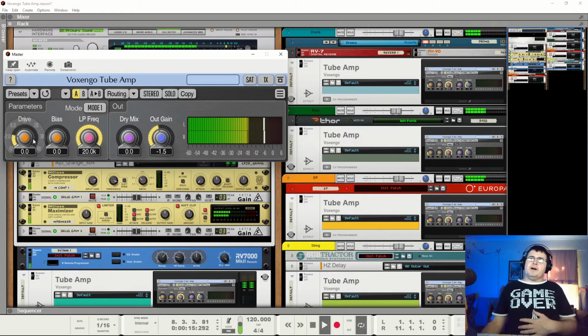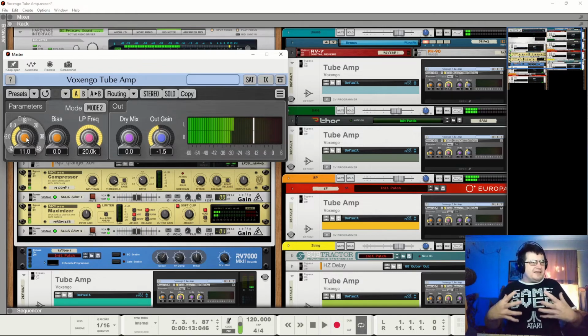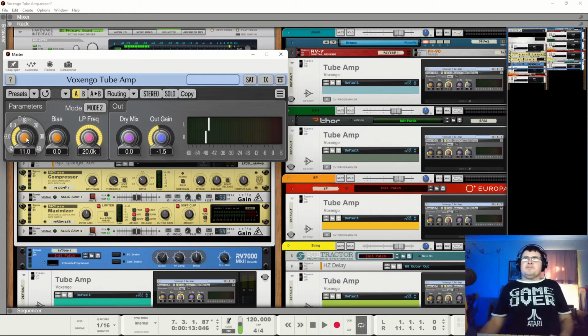Let's look at mode 1. Again, I feel like this is just getting, as I push into that, so I'm not going any further with it. Mode 2, great. Okay, that's making the whole piece feel like, but the problem is the piece is also getting a little bit of distortion.